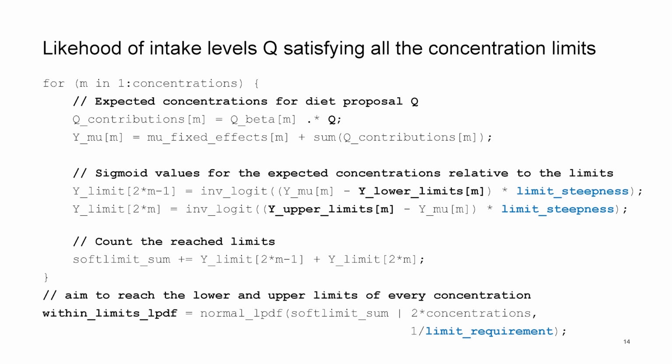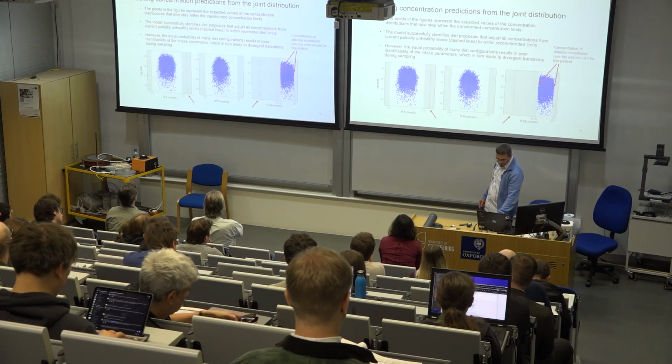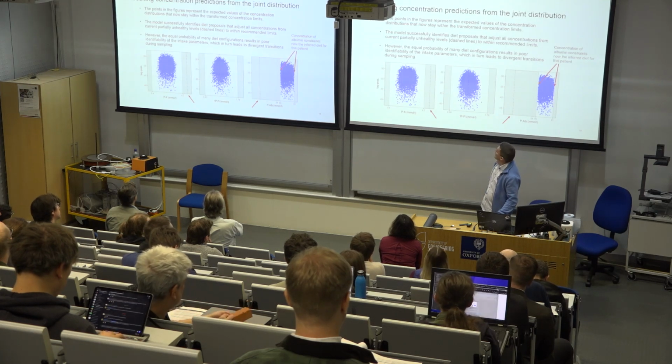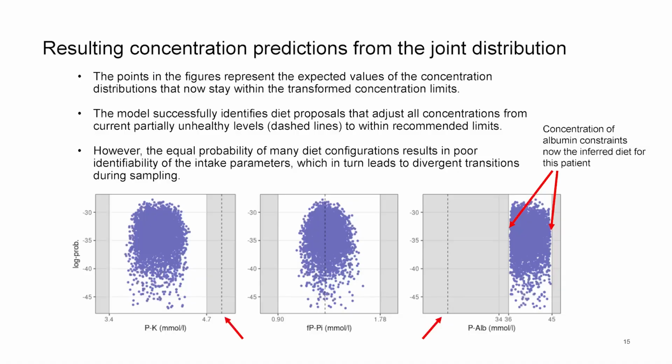That's the 2 times the concentrations point that we want to meet. And this results in this distribution, and we can see that we can find the diets that result in concentrations between the limits. And it's okay, but as I said, these lead to divergent transitions and problems because of the equal probability of